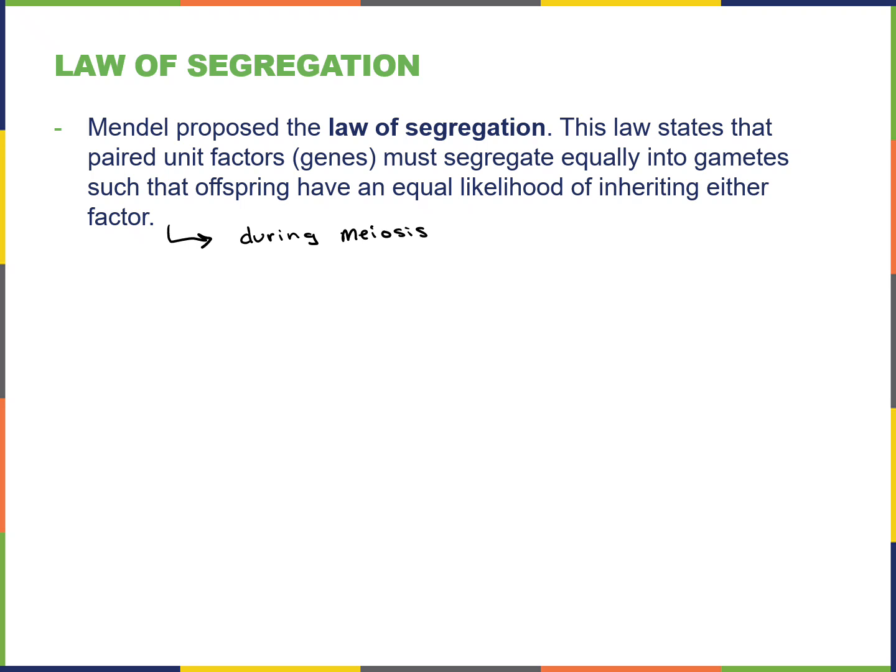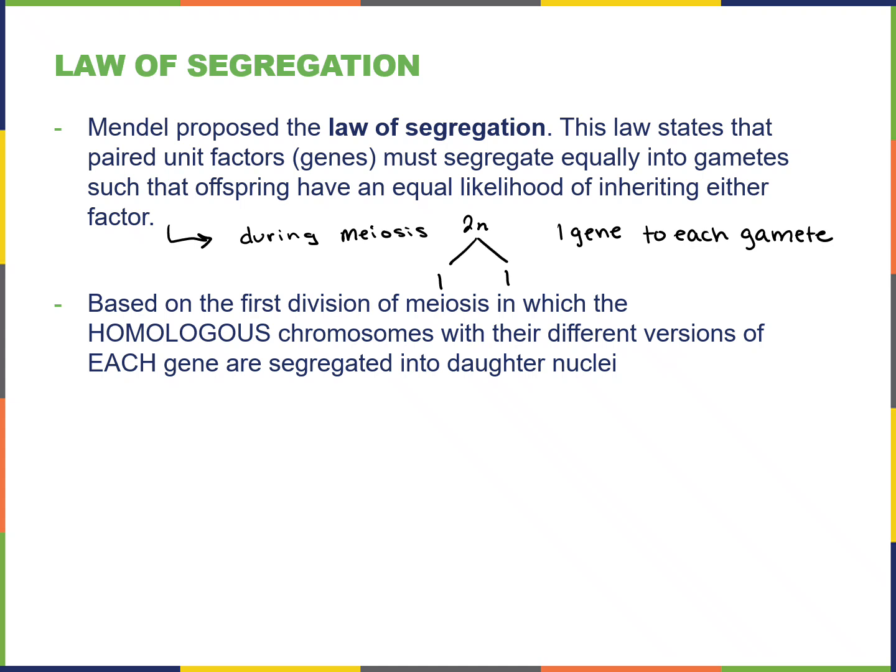each one gene, a pair of genes, because remember we start as a diploid 2N, at least one gene will go to each gamete, so that both offspring have the potential of gaining that trait, right? They will get the other pair from their other parent when that time comes. This law of segregation is based on that first division of meiosis, in which the homologous chromosomes separate into their daughter nuclei. Remember, we have homologous chromosomes that will then separate into their respective daughter cells